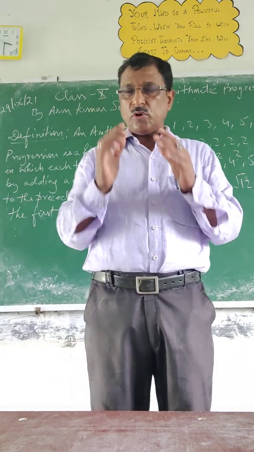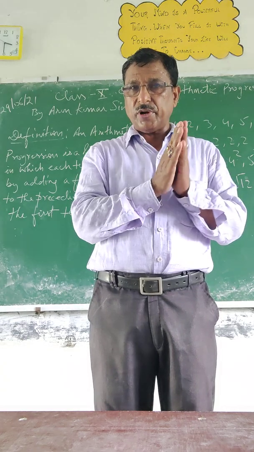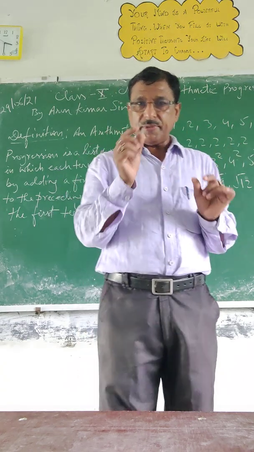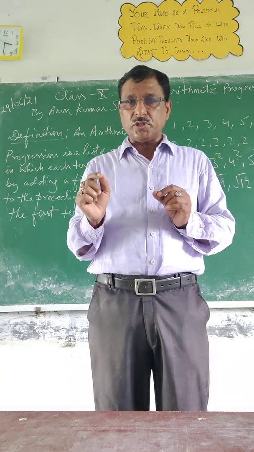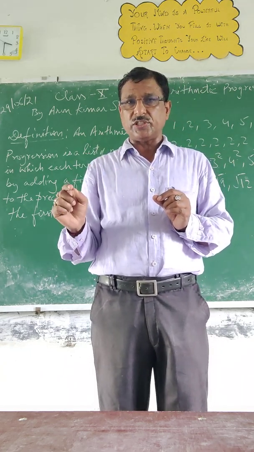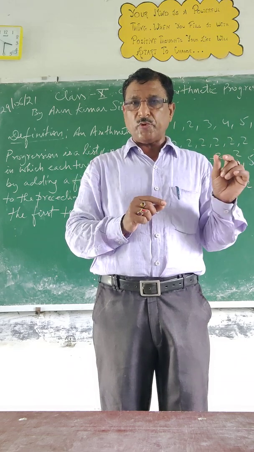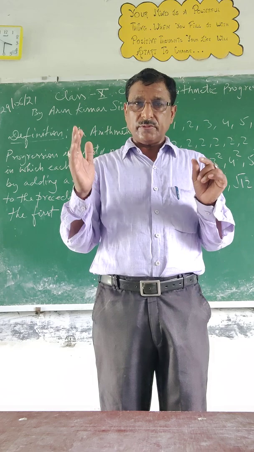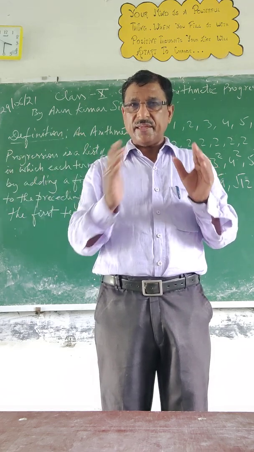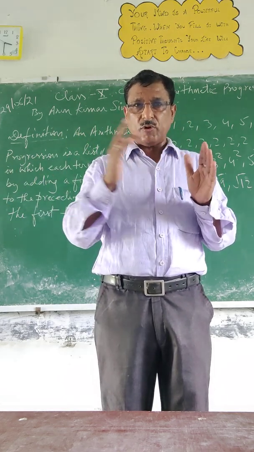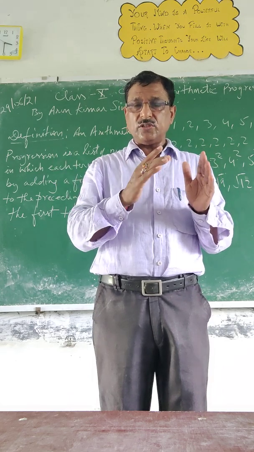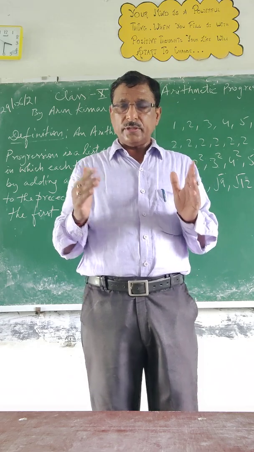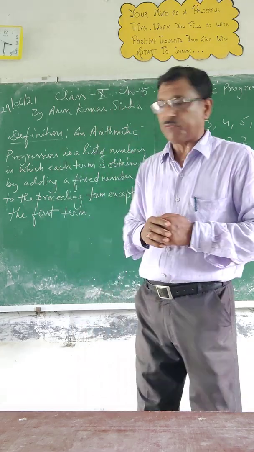Now we will try to understand. If we fix one point, one number, that is a real number, it may be zero, negative, positive, rational, or irrational. That is the fixed point, and then we add a certain fixed number to that number every time. They will form a particular pattern, and that is known as an AP.